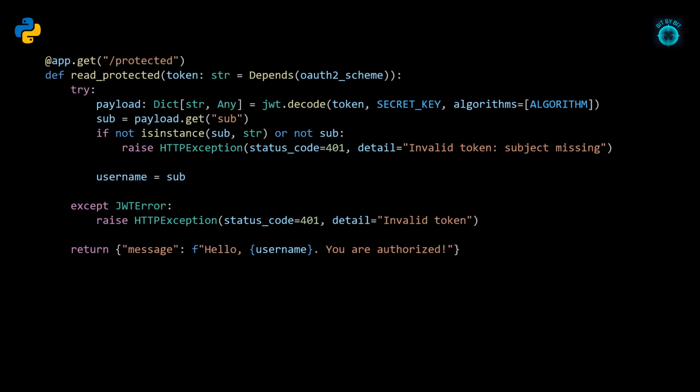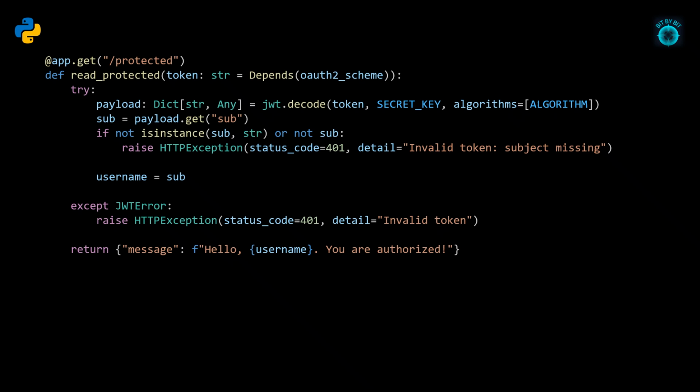This demonstrates the full flow. A client logs in at /token to receive a JWT. The client attaches that JWT as a bearer token in the authorization header. FastAPI extracts and validates the token before granting access to protected endpoints. This pattern is the foundation of secure login systems, and you can extend it with additional claims, expiration checks, or